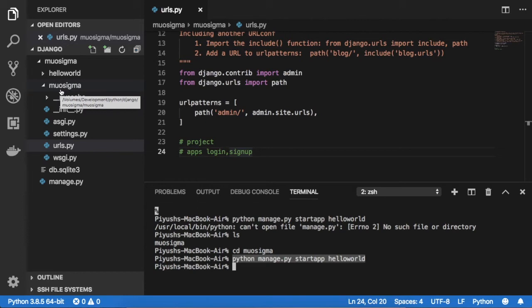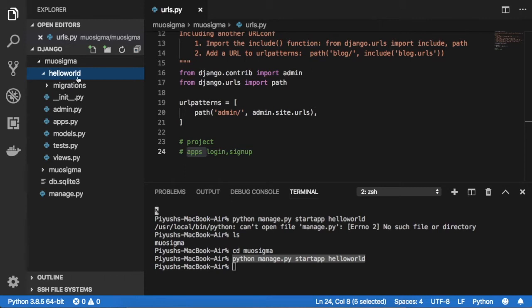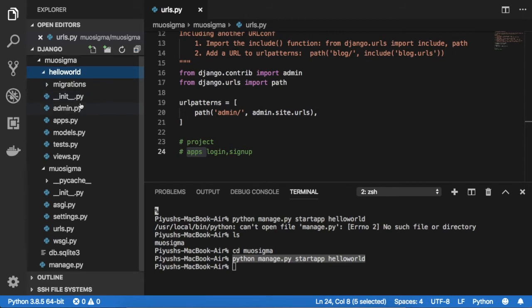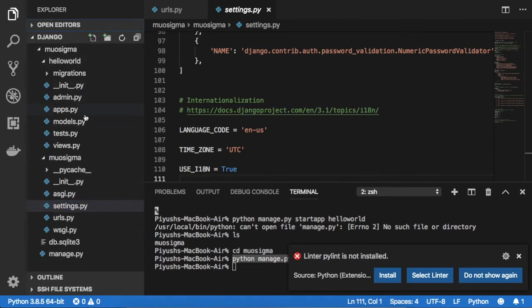So now if I'm talking about the project, it means I'm talking about this MuSigma folder. If I'm talking about the app, it means I'm talking about the hello world, right? Perfect. So what is the difference between this hello world and MuSigma? Let's just expand both. Here you can see the big difference between the app and the project: inside this project we have this settings.py file, but in this app we don't have this settings.py file.